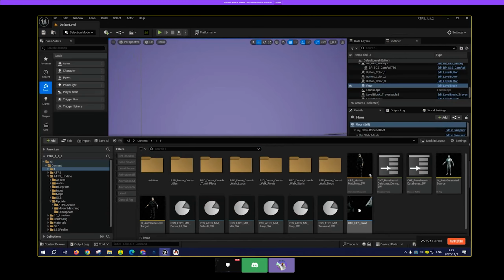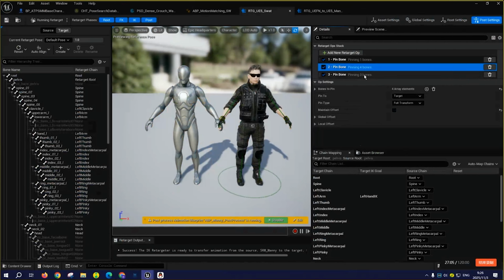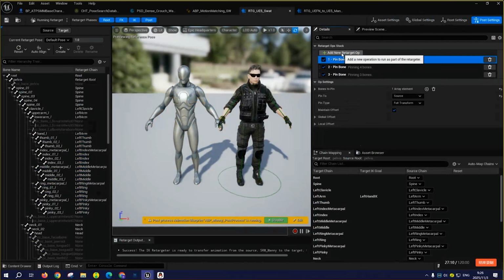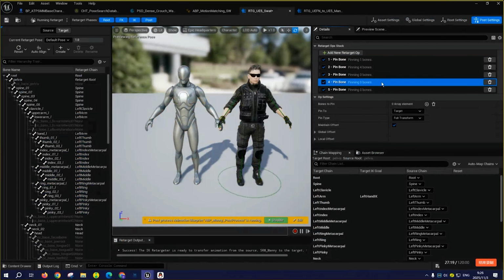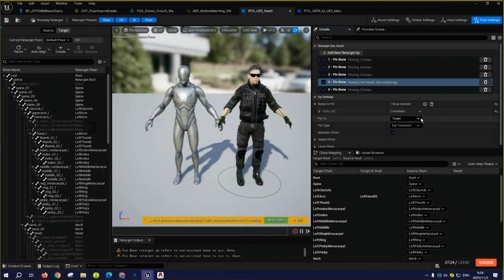traversal animations. Last time we created 3 of these post-process op stack. So to get traversal good to go, we need to add 2 more of these pin bones, right? So let's just add 2 more of them, and number 4 is empty. Let's click on this, and the first thing we need to change is the pin 2 section here. We need to change it to source, and let's add 3